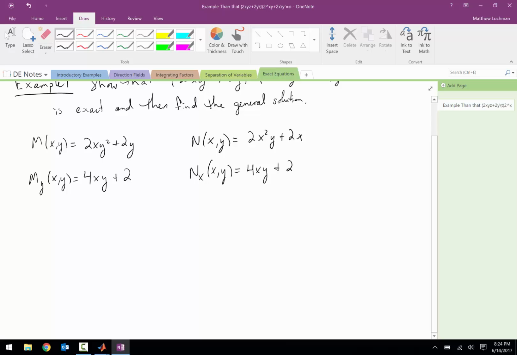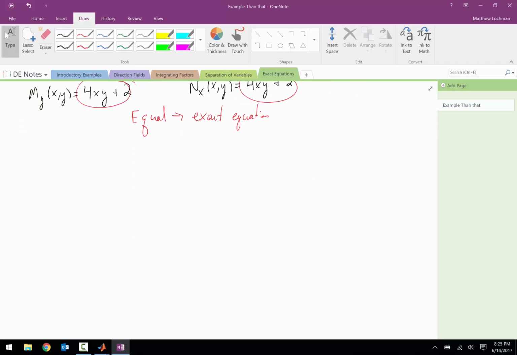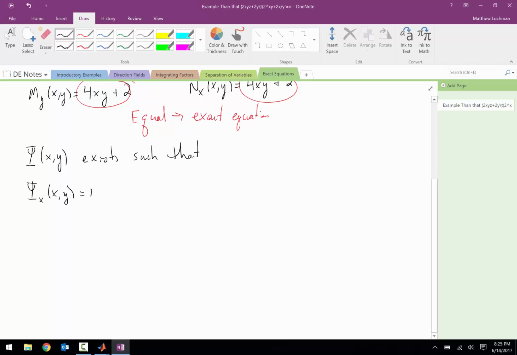Okay, so these guys are equal. These two things are equal, which means it's an exact equation. Okay, so what that means then is that it's possible to calculate a function. So big phi here exists such that the partial of this thing with respect to x is equal to M,